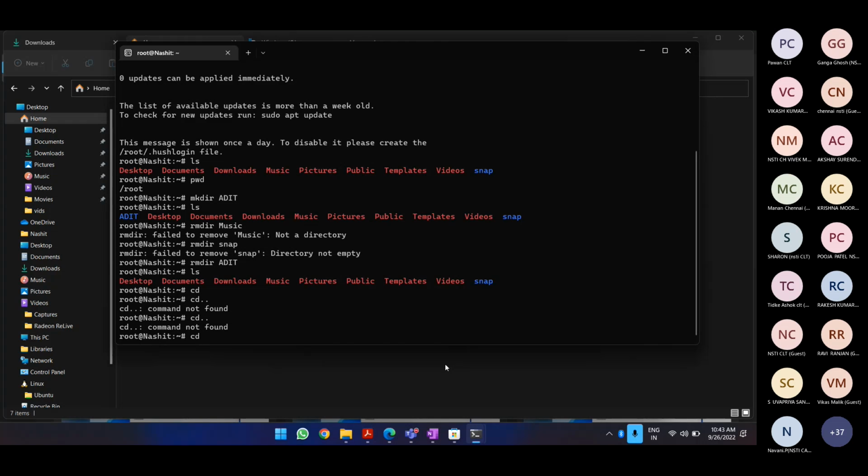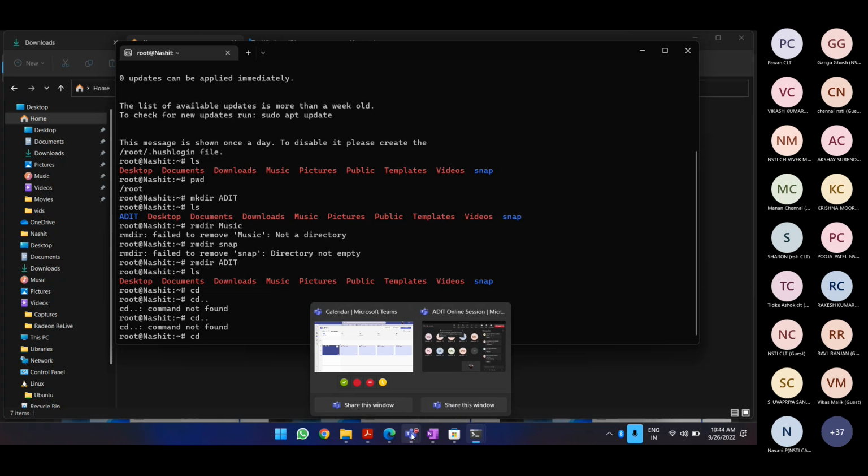How do we change the folder to a different folder? It doesn't even know about that. Yes.